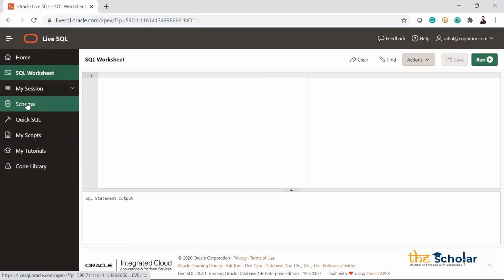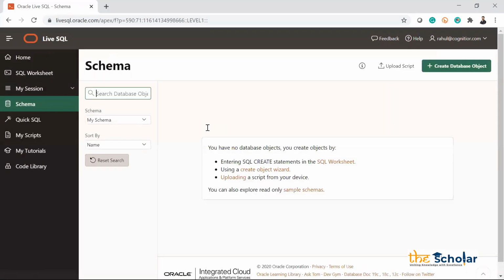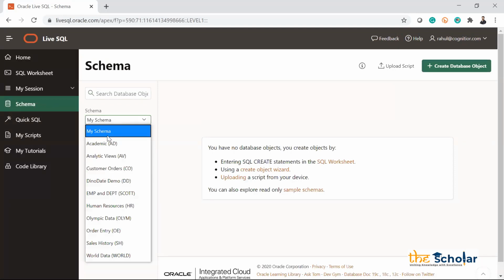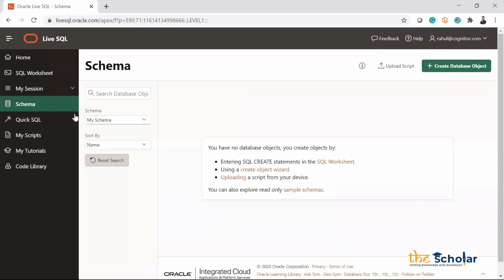Now, if you click on this schema, you will get these options, my schema. And from here, you will see academic, analytics view, customer orders. These are predefined tables already present in this particular instance of Oracle.